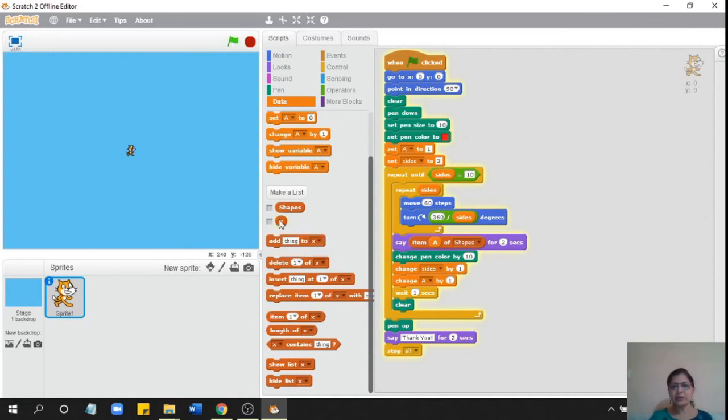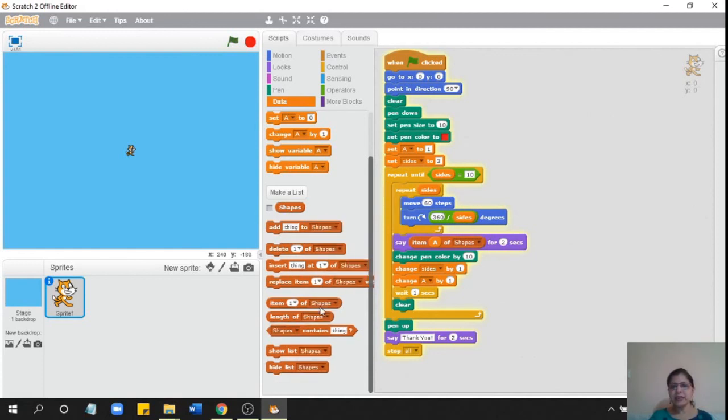I right click on the variable here and I say delete the list. So it will delete X list because we don't need X list in this program. Okay, and I typed in triangle, square, pentagon, hexagon, septagon, octagon, nanagon, and decagon there.